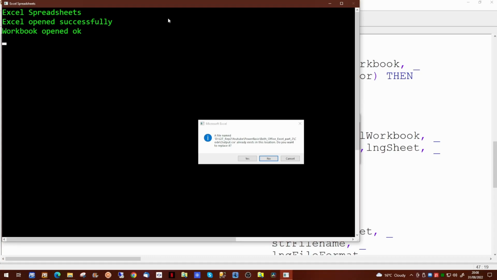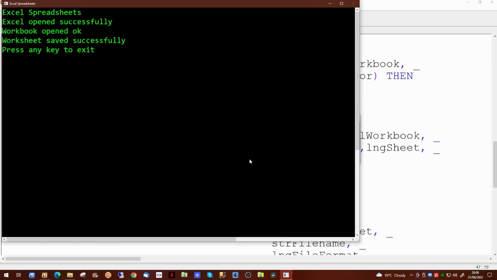So when it comes to generating output files, it's advisable that you put some code in your application to ensure that the output file does not exist before you run your application. You can do this quite easily in a try-catch block to kill the output file.